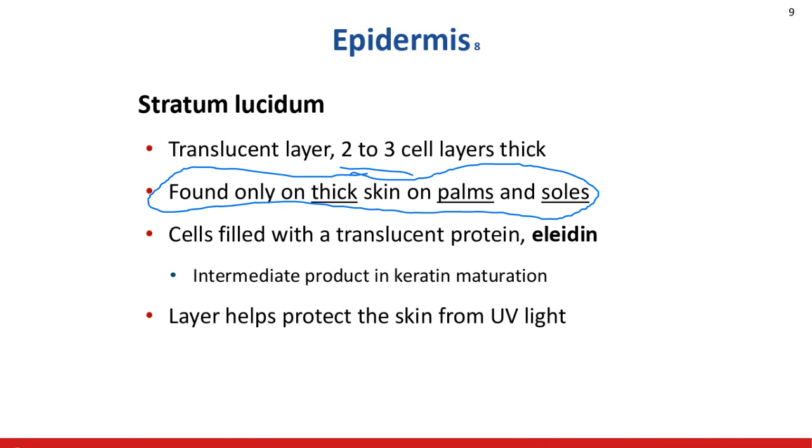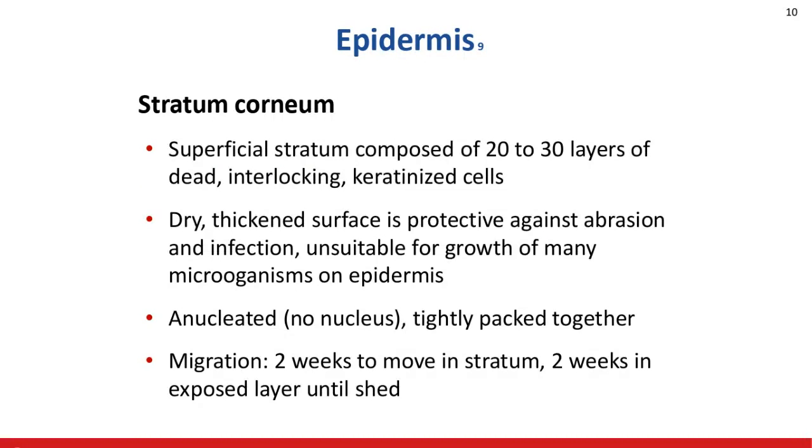We also notice that in this layer, during the keratinization process, we have an intermediate protein product called eleidin. And in addition, this layer helps to protect from ultraviolet radiation. Ultraviolet radiation is bad. The FDA, not too long ago, I can't remember, in the past couple of years, has